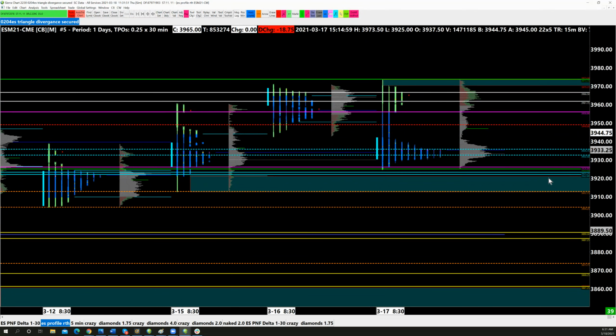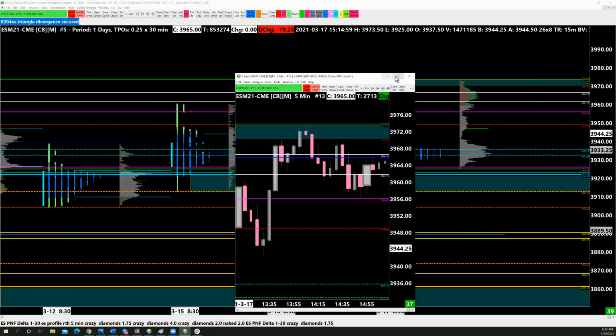We have the single prints down here that I expect a response from. 39.12 is critical, 39.04. And then I expect a response 39.80 to 38.90 to 38.72. Then 38.73. I have my critical levels laid out for the trade. What that looks like, so I'm going to save that. That looks like if I come over here